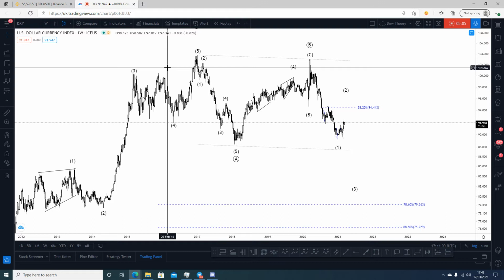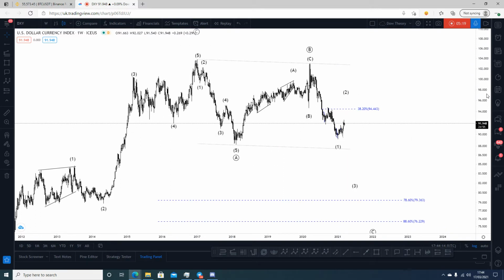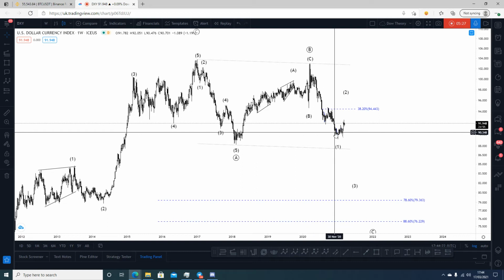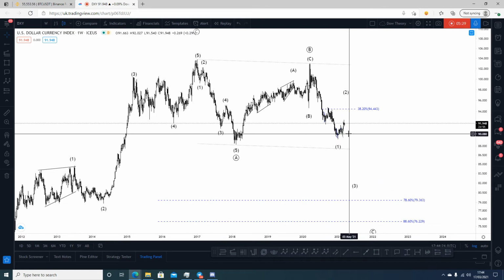Now, I've spoken to you guys before about having two different scenarios and two different biases. One main scenario and one alternative, just in case the market does something we do not expect it to do, right? And right now, we're currently in that phase of the market where we could see pretty much a rise or fall, right? Now, so far, guys, again, this looks to me as a double zigzag pattern is forming.